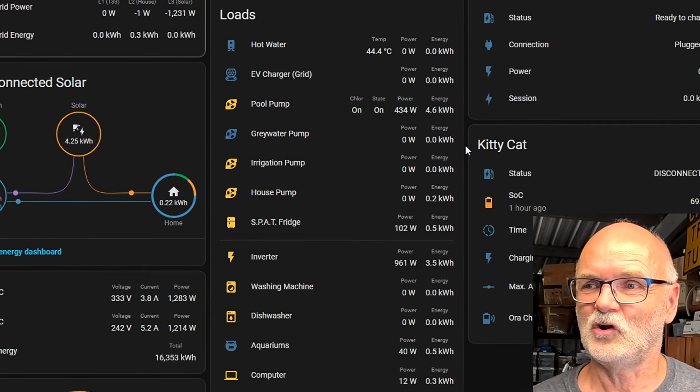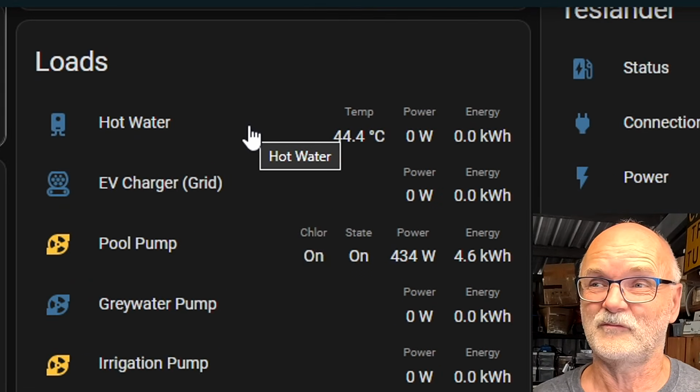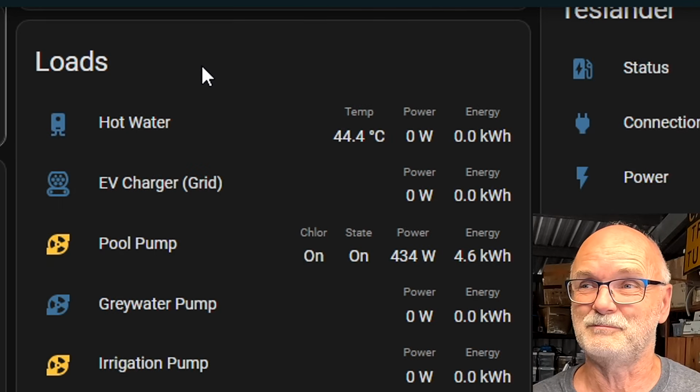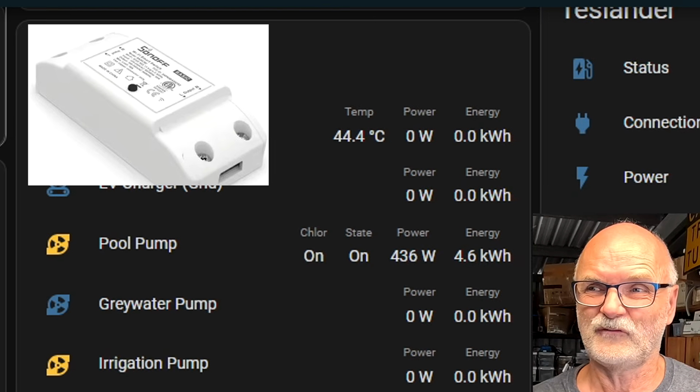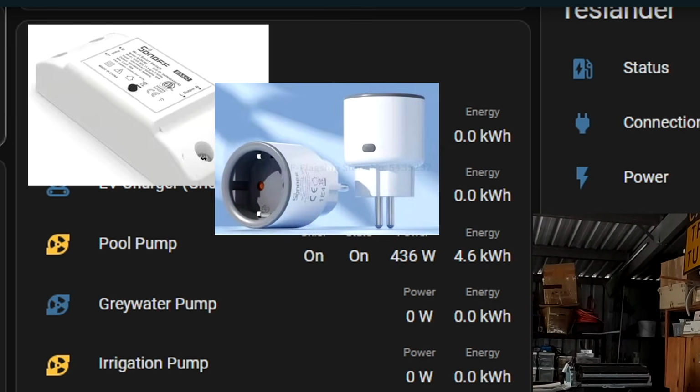And then we've got all my loads connected, or the most important loads. These are not all of my loads. The most important ones, the biggest ones. And this is a combination of Sonoff and Zigbee devices. These little suckers here, you put in between your load and your power point in the wall, and they track voltage, current, power, energy, everything. And I'm basically only using Zigbee because they are so much easier to handle, so much easier to set up,